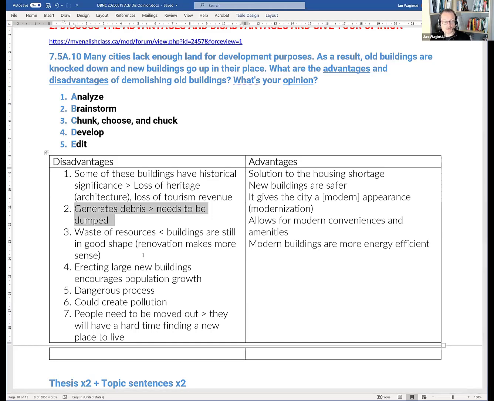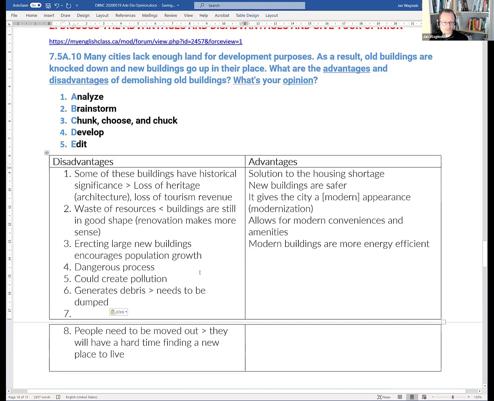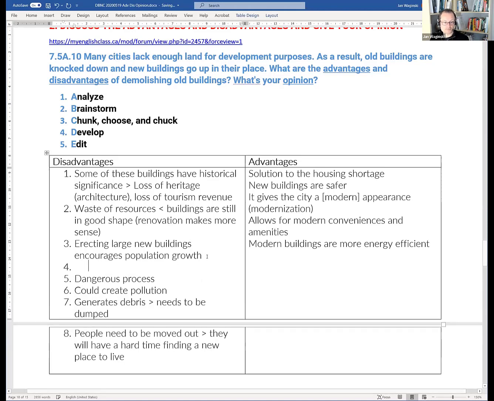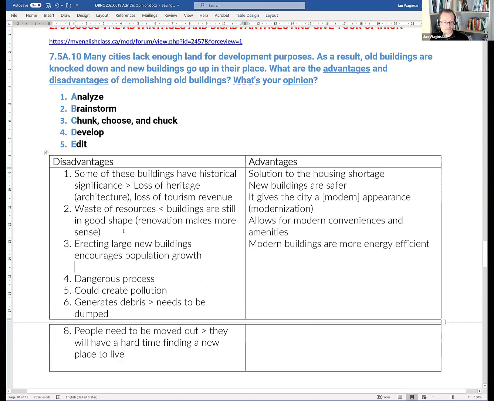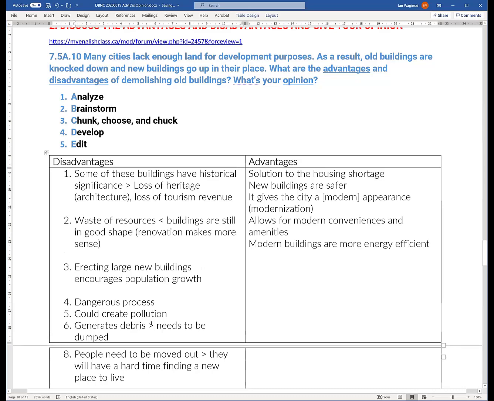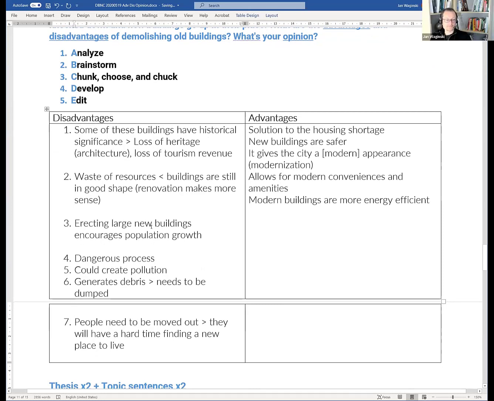Doing this causes X and Y. So these probably go together. Dangerous, so these would go together. So we've got 5